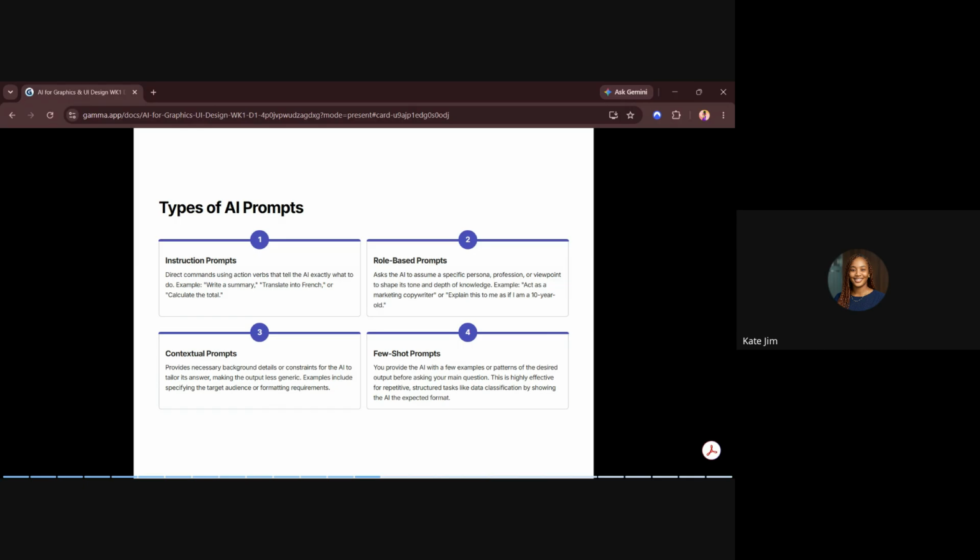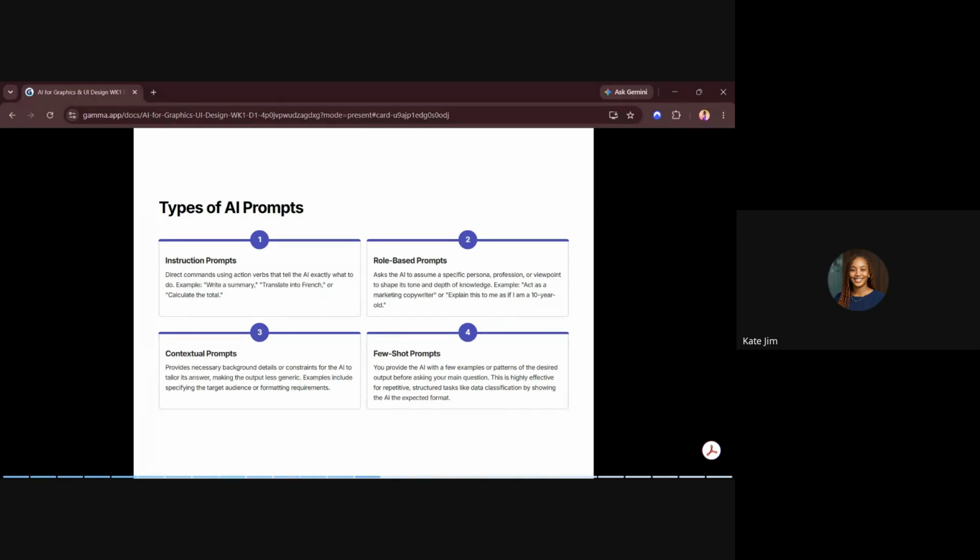So think of number one as a military person giving that instruction, that prompt, and then the second one is more of a movie director, doing things based on roles. You act as a marketing copywriter. Of course, AI is going to think, copywriter, what does a copywriter do? It will scan all of its data, and once it has gotten it, it will start to pose as that copywriter and then give you the outputs based on that.